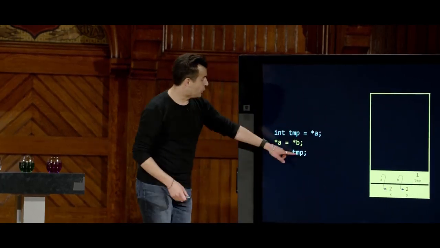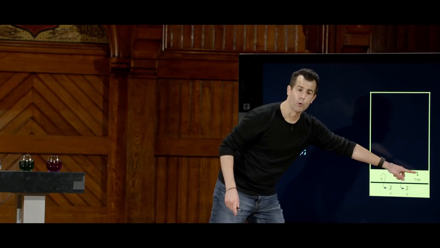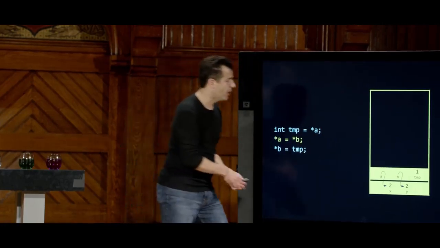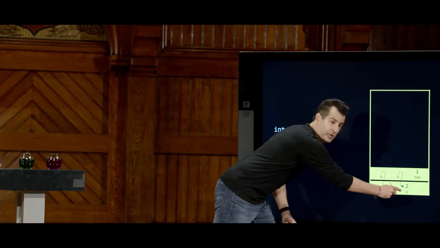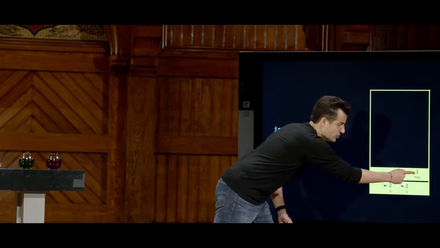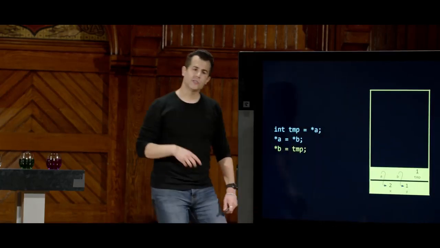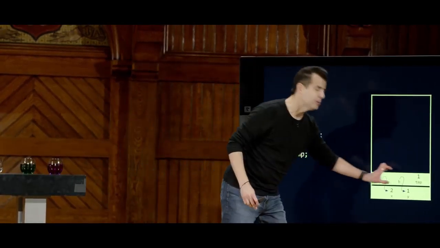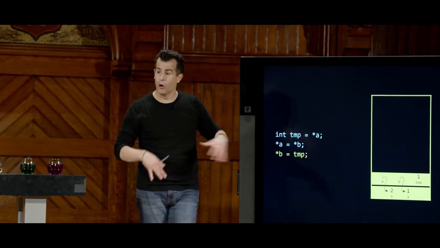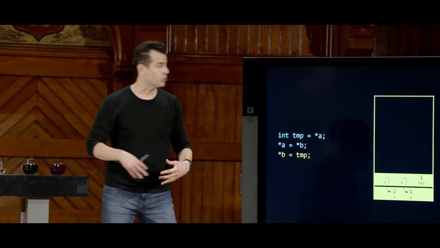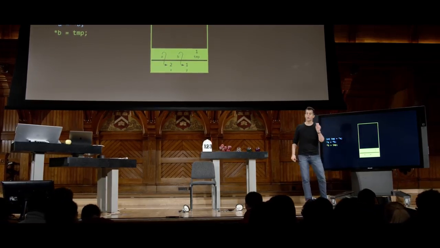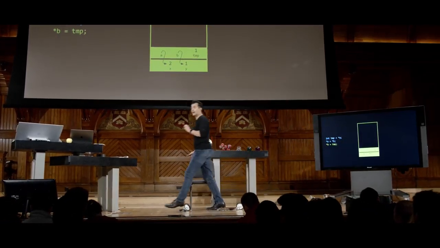Last line, I go to temp. That's an easy one. It's just the number 1. Then I say go to the address in b and store temp there. So let's go to the address in b by following the arrow and change it to temp. And so now I've still called another function. I'm still using local variables, but these local variables are by definition now pointers, addresses, or sort of treasure maps that are leading me, a la these arrows, to the values in memory that I actually care about.